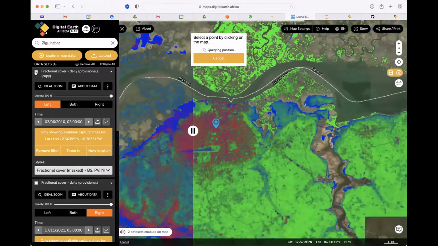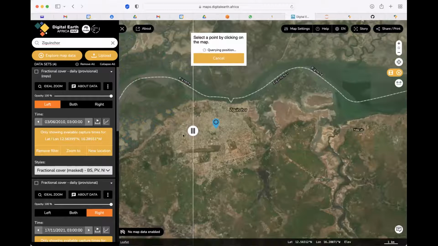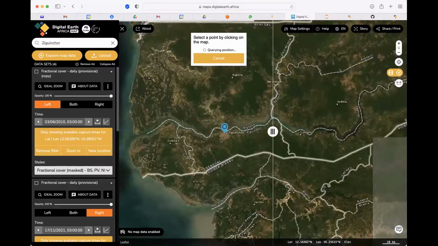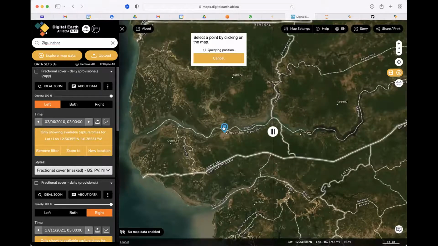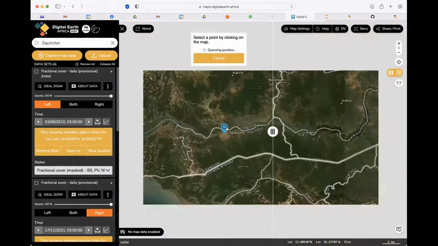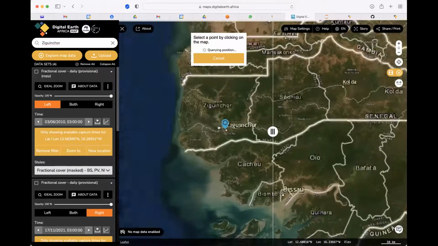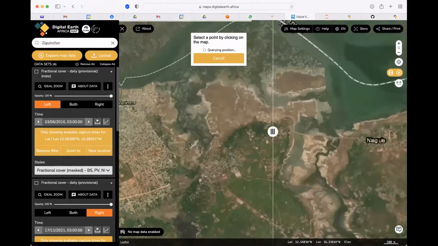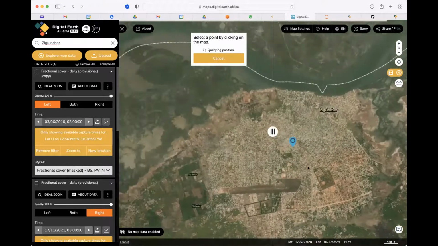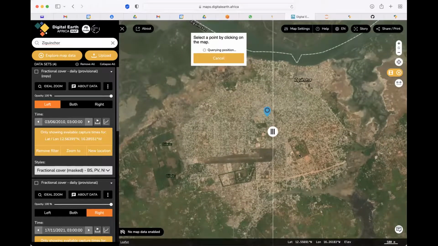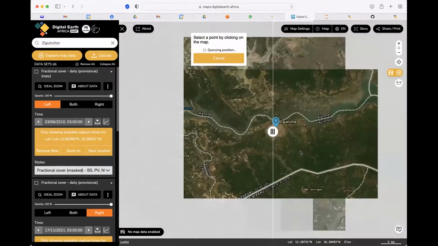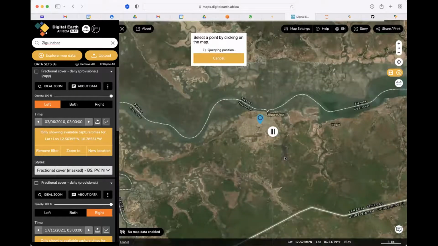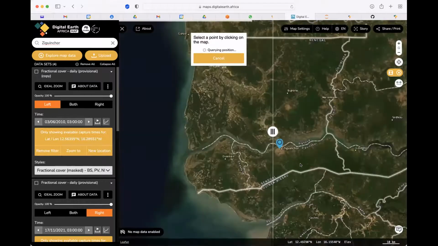So what I can do, I can remove the fractional cover for now so that we can look at the city and you can get the context of where it is. So there's this river dividing, it's still within Senegal, south and north of Senegal towards the Gambia. And the city has actually grown mostly from fishing activities as well as proximity to water. And also I know there's a lot of forest activities in the south with the Gambia and the Guinea-Bissau.